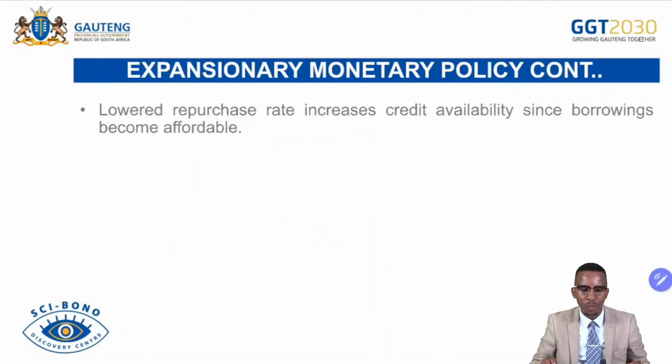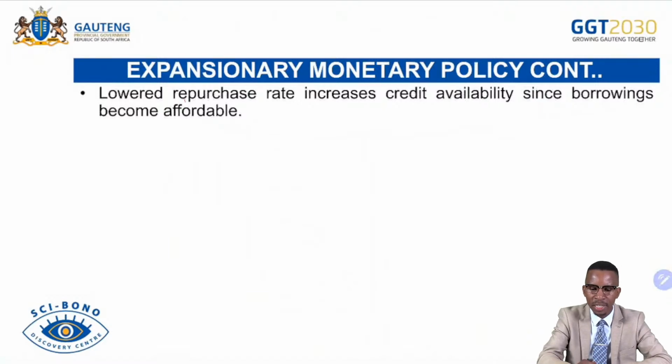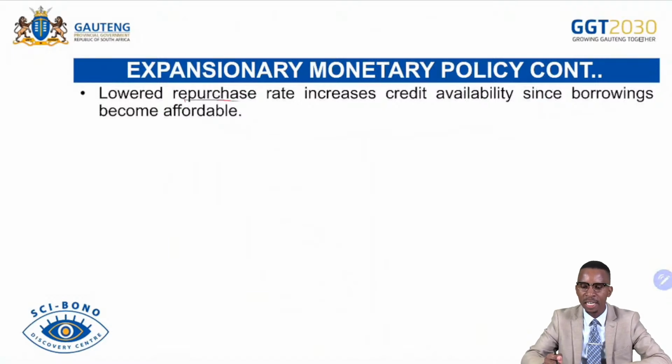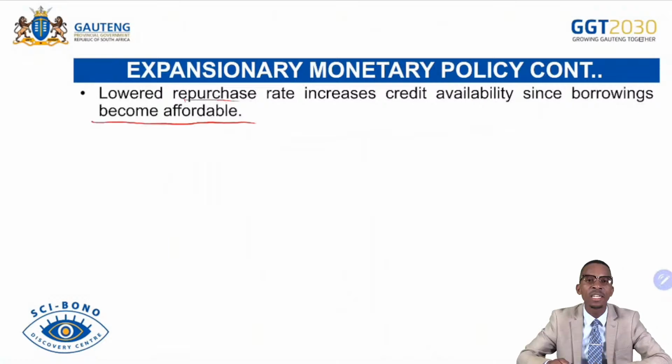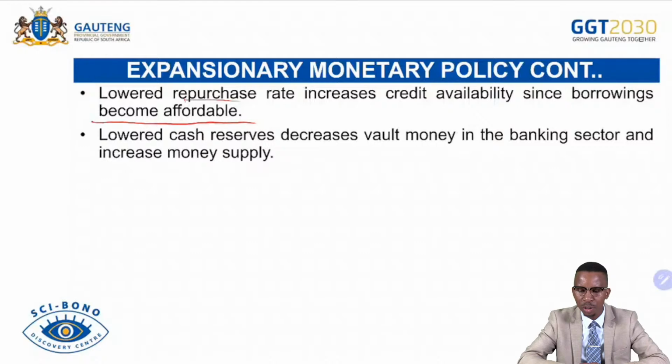Then we continue. A lower repurchase rate or repo rate increases the credit availability since borrowings become affordable. So if ever the repo rate has been decreased, remember that the repo rate is the interest rate charged by the central bank to commercial banks on their borrowing. We also call this one a lending rate or repo rate. If ever it's been reduced, other interest rates will also be affected. They will be reduced, such as the money in the banking sector that they are committed to keep or hold on